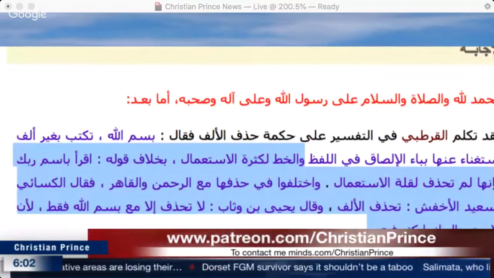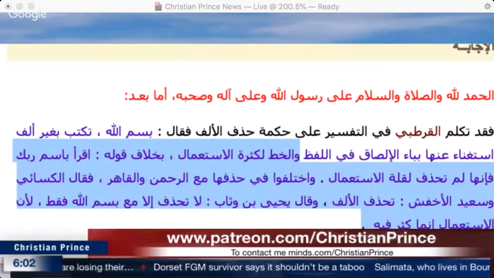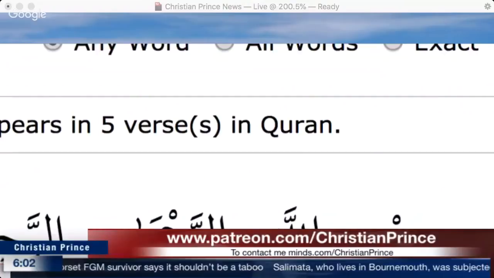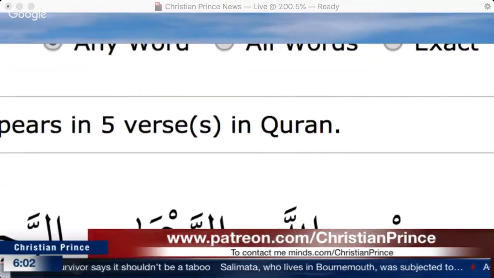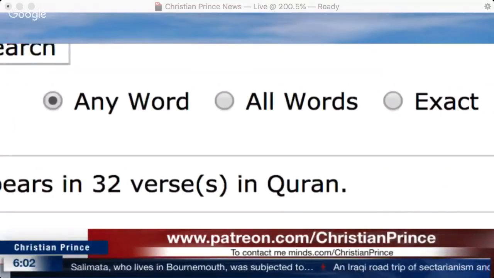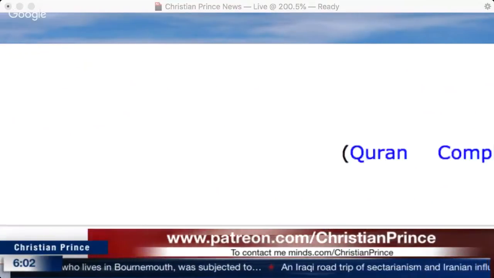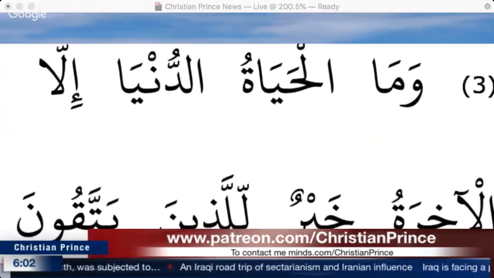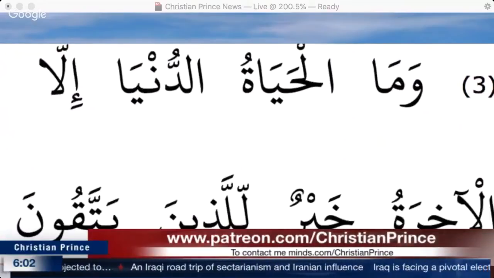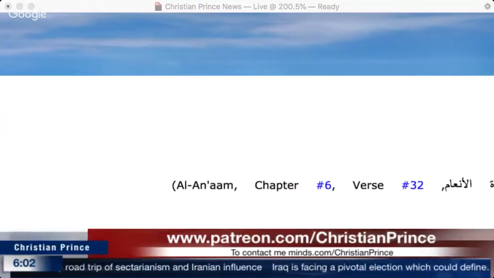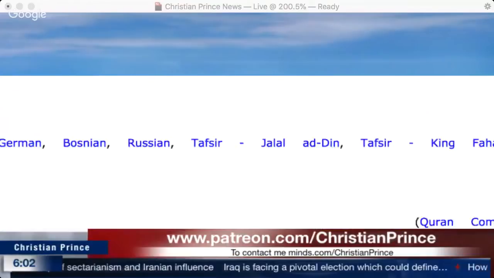Well, the word lahu can come with many meanings. One of them is women. Like Allah said in the Quran, if we want to have fun, to have sex, then we will take lahu from our kind, and he meant by that a woman from our kind. However, in the verse you quote for us, it is about music, songs. So here, if you read with me, وما الحياة إلا الدنيا إلا لعب ولهو, which means life is nothing but women and fun and entertainment.